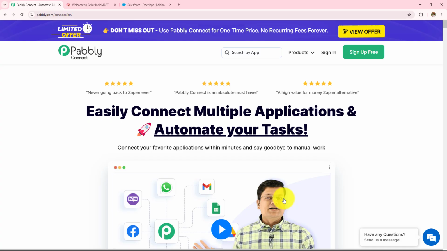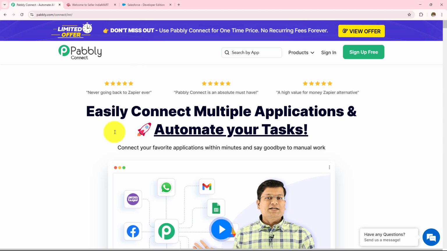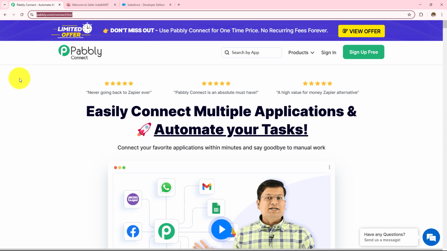Now if you want to learn this amazing automation step by step, then let me take you all to my screen. In this video, we are going to learn how to add IndiaMart leads and inquiries to Salesforce for biofertilizer. For this, we are going to create automation between IndiaMart and Salesforce with the help of Pabbly Connect. So this is the landing page of Pabbly, and you can visit this